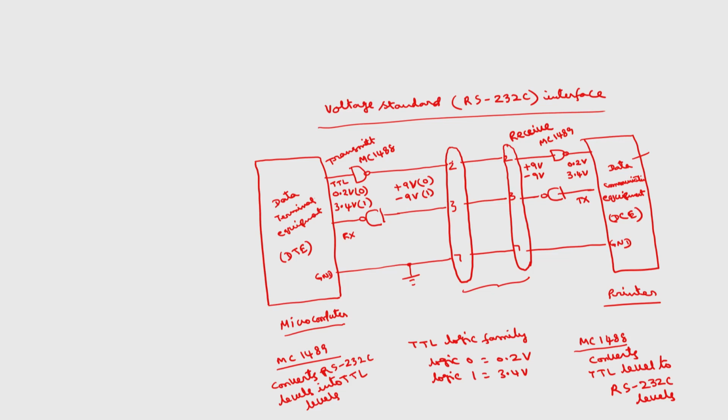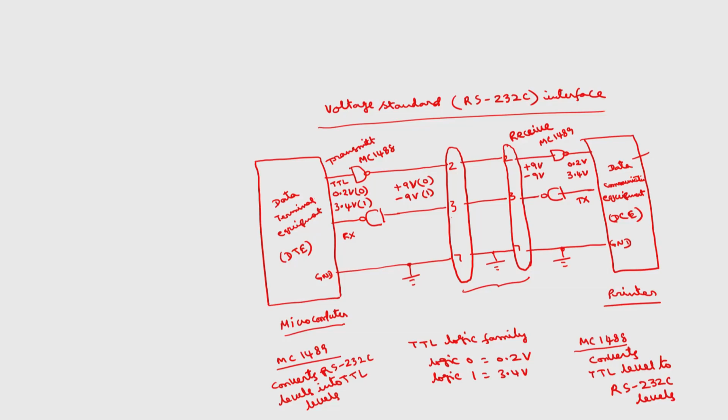Signal 2 is the transmit signal, 3 is the receive signal, 7 is the ground signal. The remaining signals I have not shown here; you can refer to any data book. This is how we make this a common standard, so that we can have compatibility and flexibility among the various manufacturers. These are all the basic concepts of data communications.